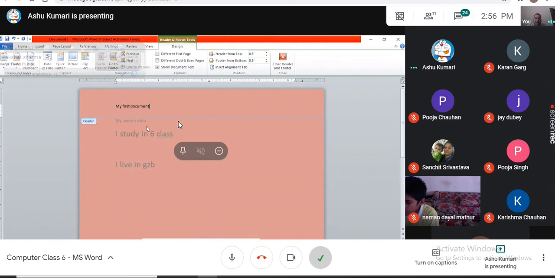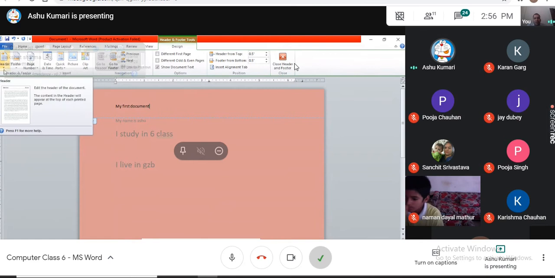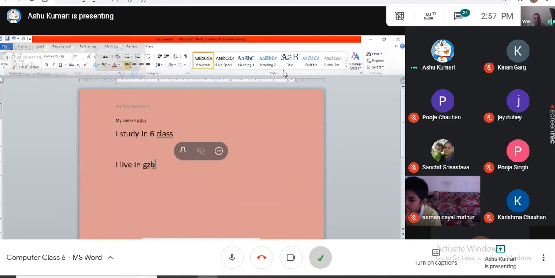My first document, and click the close header button. That is at the extreme right side. Here it is, you can see, close that. Now you can see that the first line, my first document, is showing in the background. You can see it on the top.